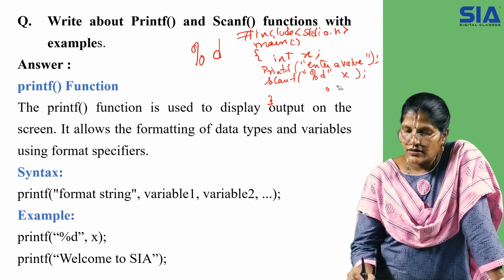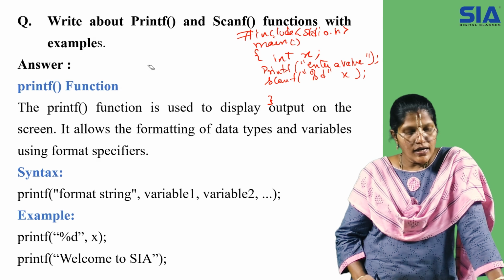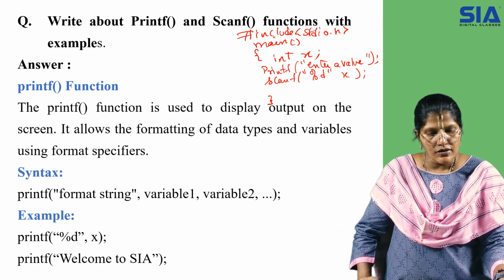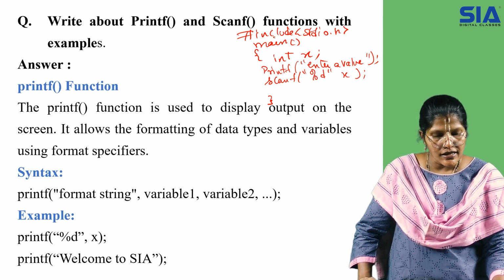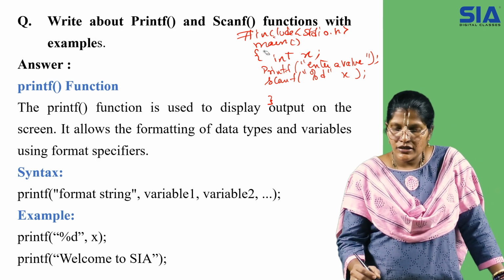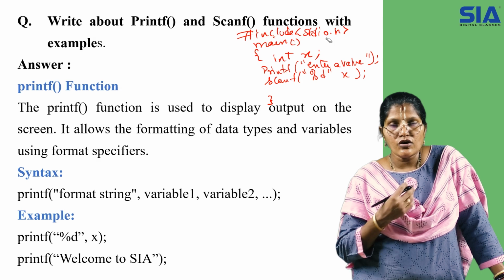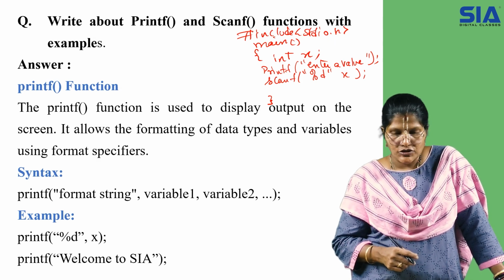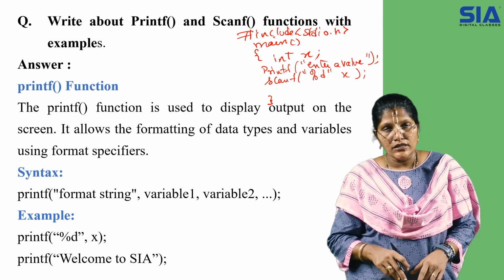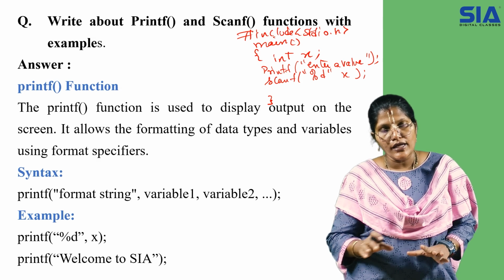First we will consider this, then we'll talk about that. Now just see this. As I said, formatted functions are functions which tell the compiler what type of values we are trying to take. In this program we have #include <stdio.h>. IO is input and output, because we are working with input and output devices. We are using the monitor as our output device, and the keyboard and mouse as input devices.